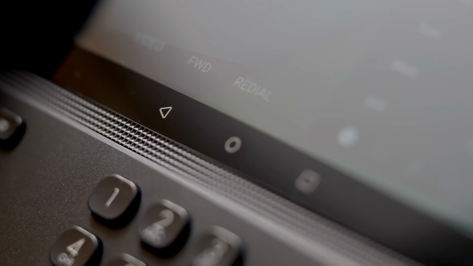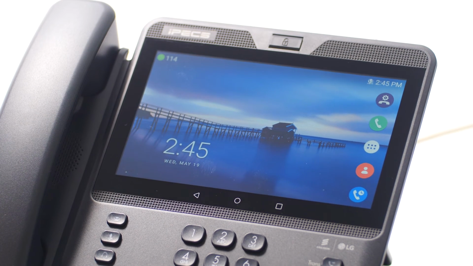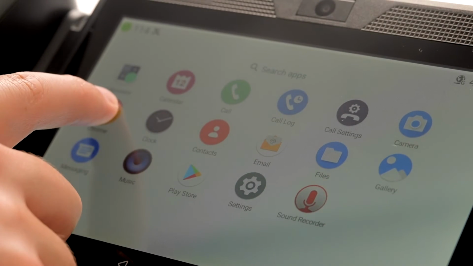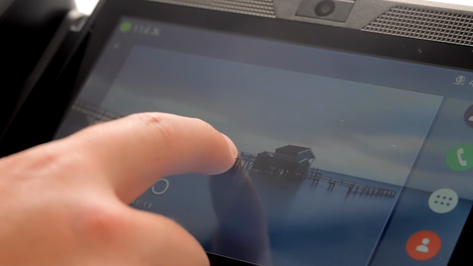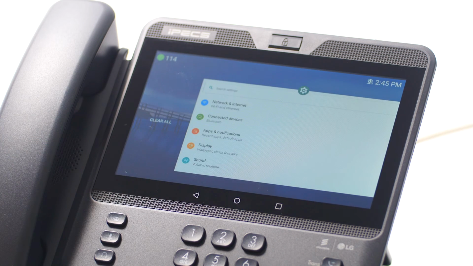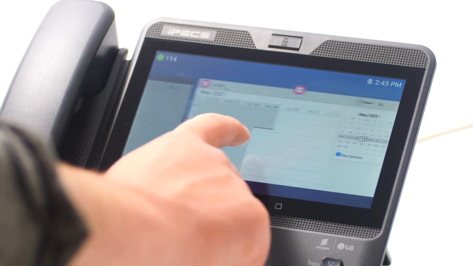The Android back button takes you back to the previous screen. The Android home button returns to the phone's home screen. You can add your favourite applications or widgets to the home screen. You can also add frequently used apps to the list on the left for easy access. The Android Overview button will display a preview of open applications on your device, allowing you to quickly switch between or close